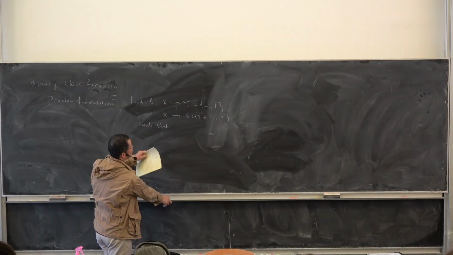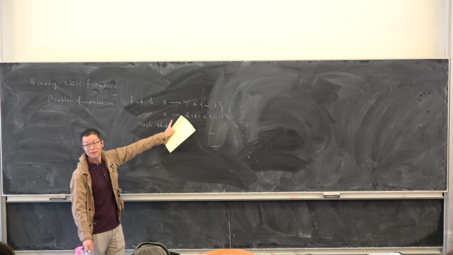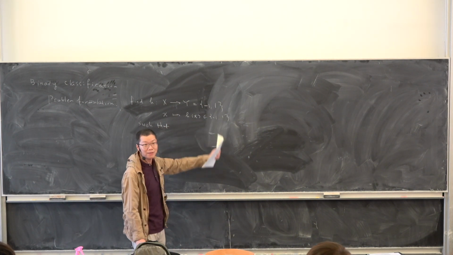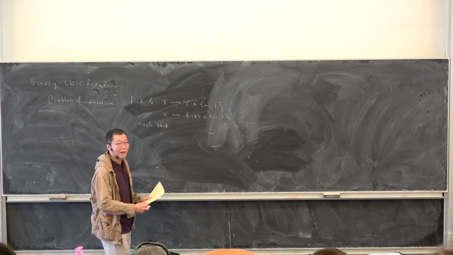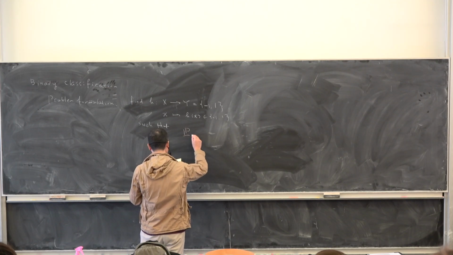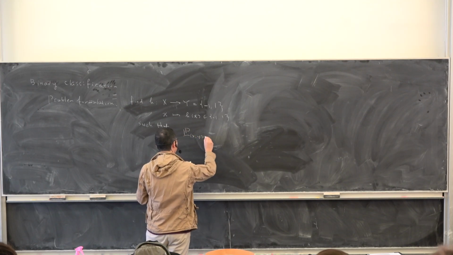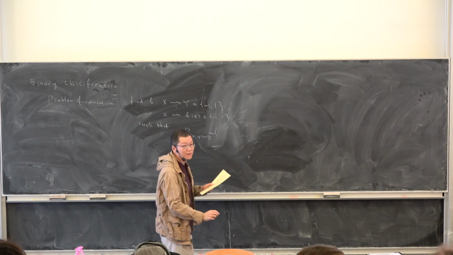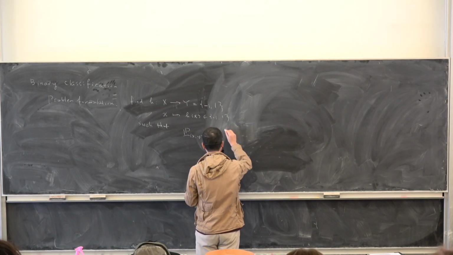So this function, you take, for example, an image, then it will tell you what category this image belongs to, such that the probability that you are going to make a wrong decision,